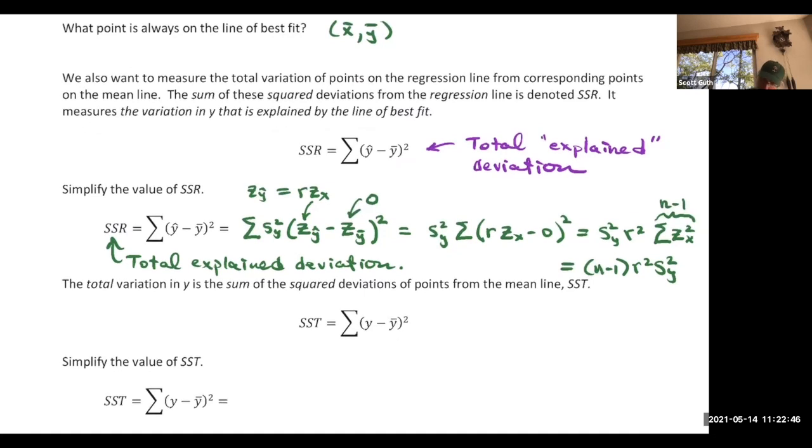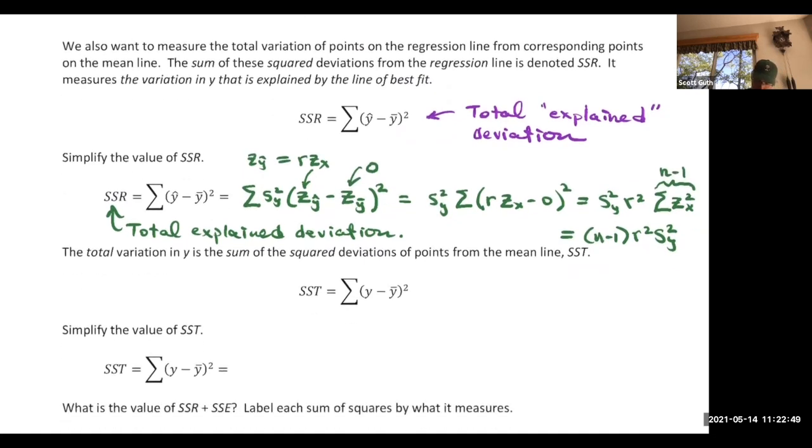Now, the total deviation in Y is the difference between a given Y coordinate and the mean. Okay, so that's the deviation you use in the standard deviation. So it's pretty easy to remind ourselves that the standard deviation of Y squared is you add up the deviations of each Y value from the mean, Y bar, you square those, otherwise they add up to 0, and then you divide by the sample size minus 1, and the square root of that is the standard deviation. But I think you can see that if you multiply both sides of this by n minus 1,